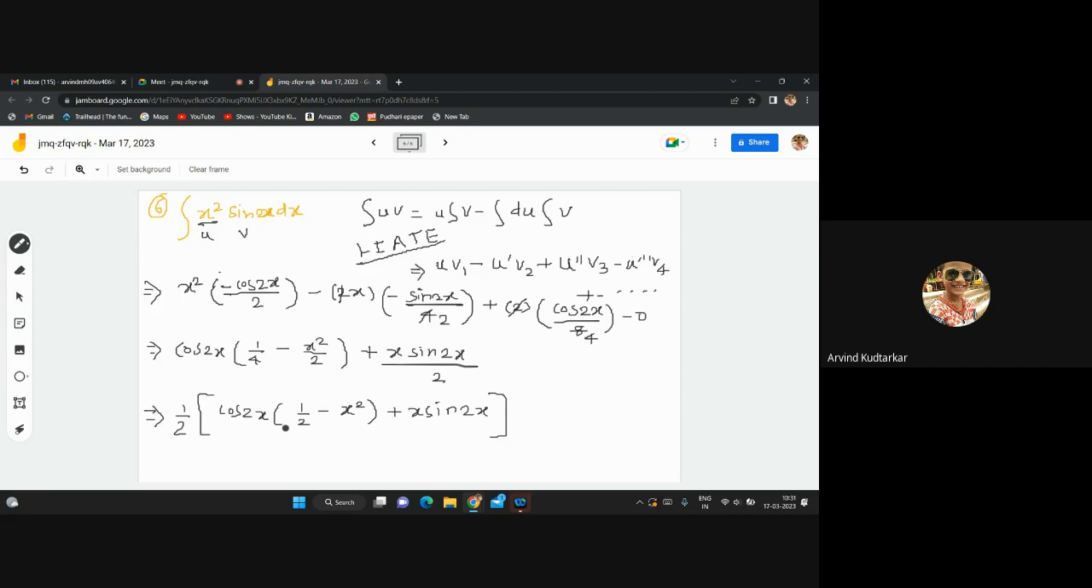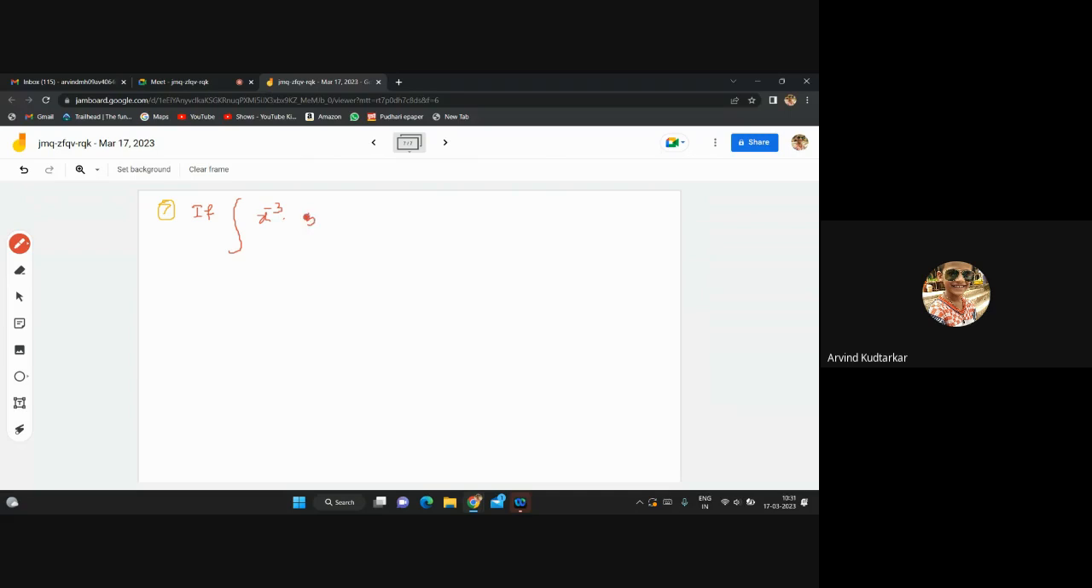So here the next example is connected with the polynomial in a negative index form. So if the integration of x raised to minus 3 into 5 raised to 1 upon x square dx is equal to k times 5 raised to 1 by x square, then k is equal to,